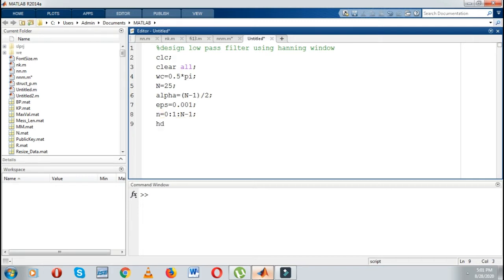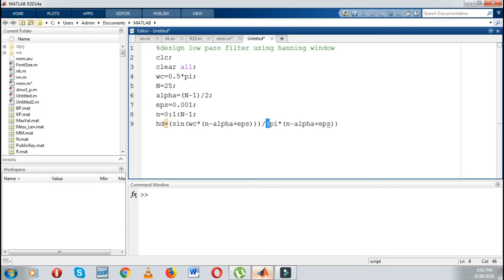then I have to write desired impulse response, that is hd, sine of omega c into (n minus alpha plus epsilon), complete, divided by pi into (n minus alpha plus epsilon).